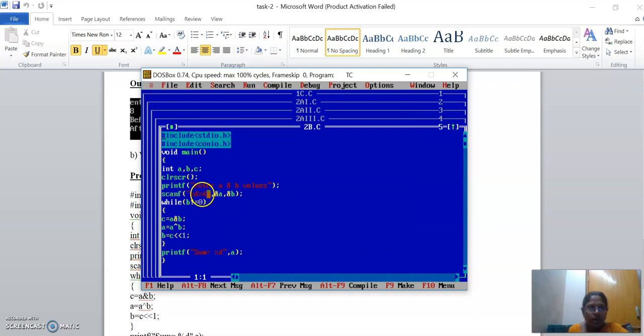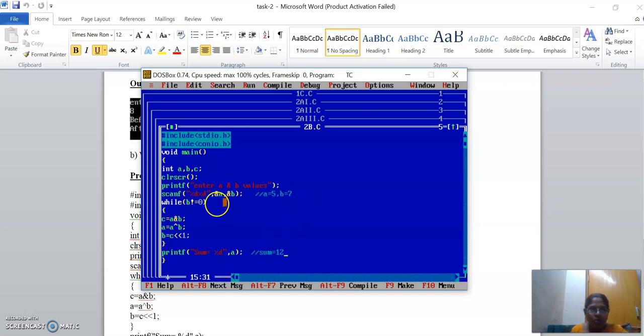Okay, is it clear? Now I am reading two values, A and B. While scanf, I am writing A is equal to some 5, comma, B is equal to some 7. So what should I return? I should return sum is equal to 12 here. I have to get sum is equal to 12 for these two values.